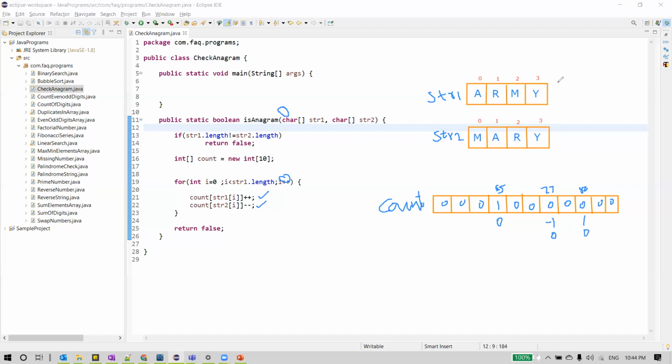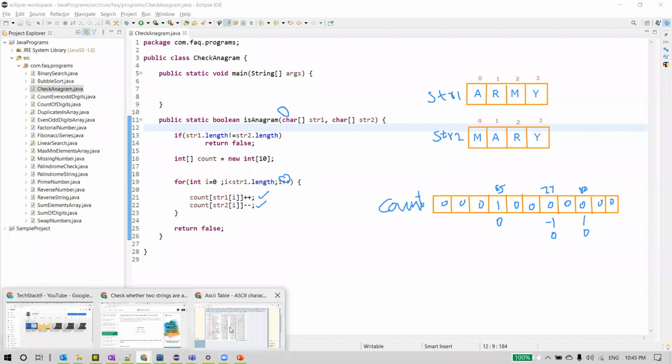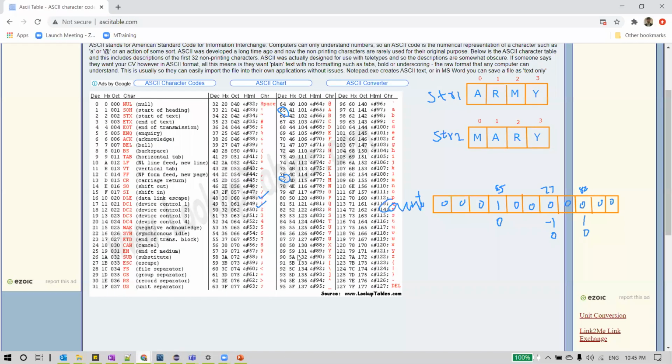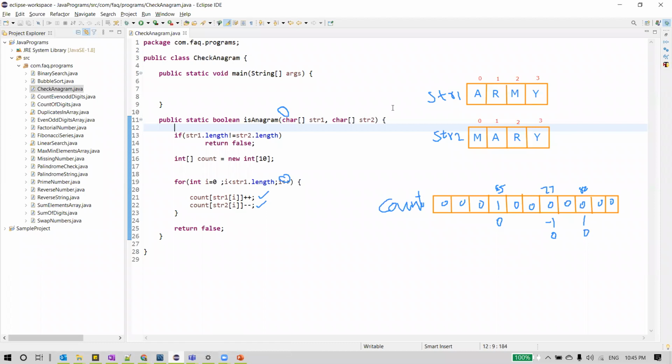Next, I is incremented again, to 3. This time, string 1 of I is y. And what's the numerical representation of y? We'll check it from the ASCII table. You can see it here. It is 89. Let's say, for example, this represents index 89, and we want to increment this value by 1.